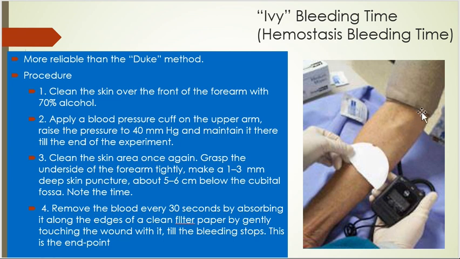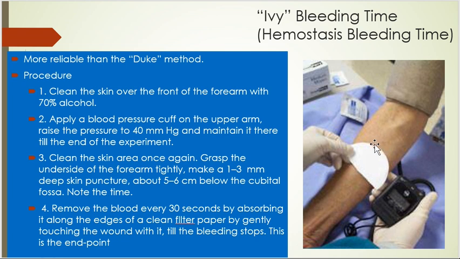The difference is only that you have to apply a cuff on the forearm, and distal to that you have to puncture a site. You can use a scalpel, a blade, or a needle. It is the same way, but here we are just excluding the thickness of skin on the finger, which can vary from person to person. Even the puncture can vary.